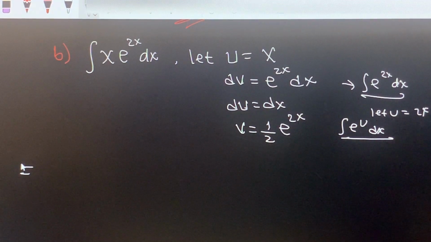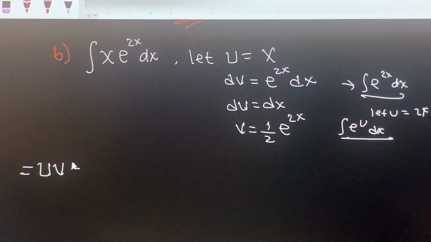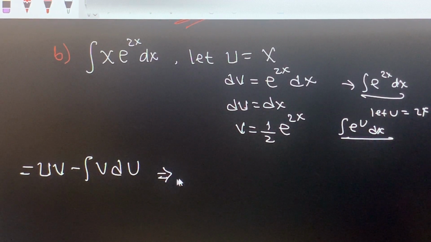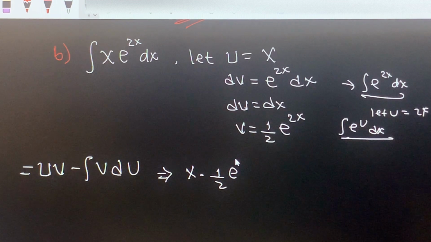So the integral of u dv is equal to uv minus the integral of v du. So what is u? My u is the x, times what is the v? The v is 1 over 2 e to the power of 2x, minus